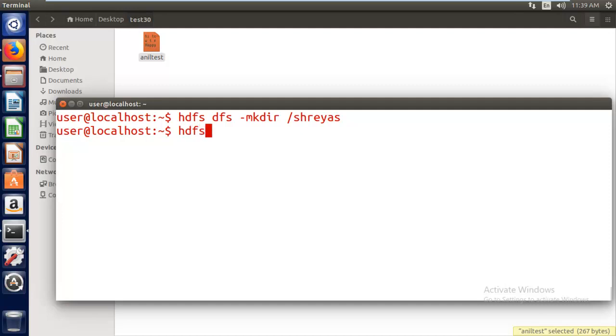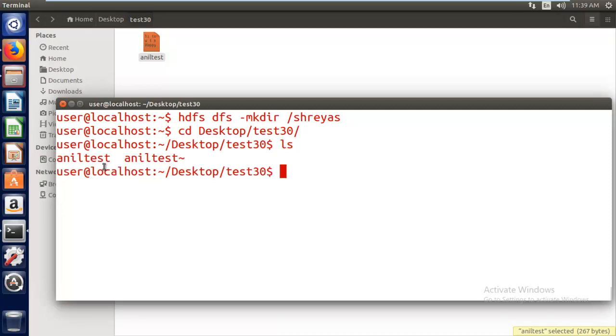I can say hdfs dfs -put, but otherwise let me go to the directory location. I'll go to the location with cd Desktop and test30. If I say ls, here I have the file called Anil test.